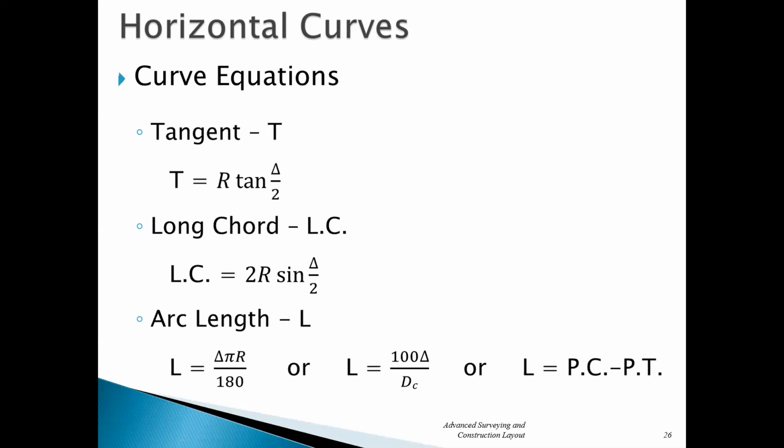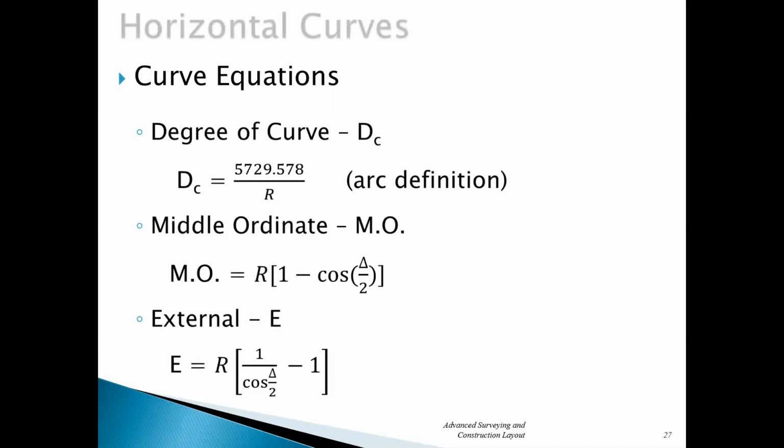We're going to see how to use them here in a minute. Okay. So here's some other equations. Degree of curve. For an arc definition, there's your relationship. Your proportionality constant is 5729.578 divided by radius. That'll get you your degree of curve, or vice versa. If you know your degree of curve, you can get your radius by taking this number and dividing it by